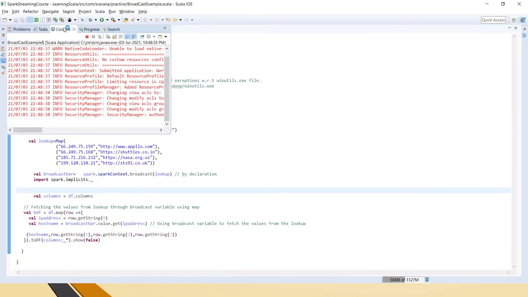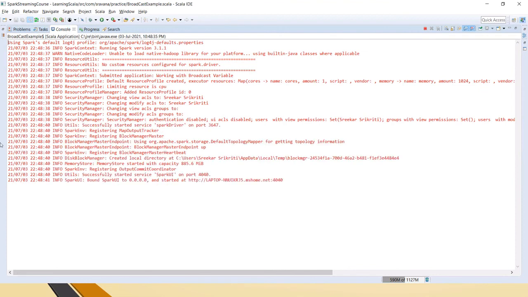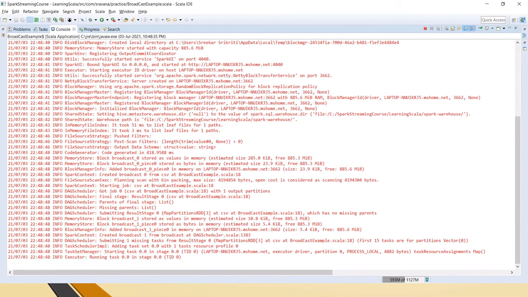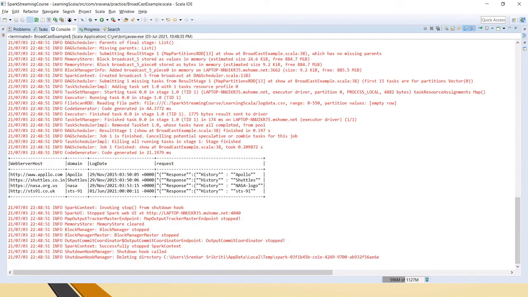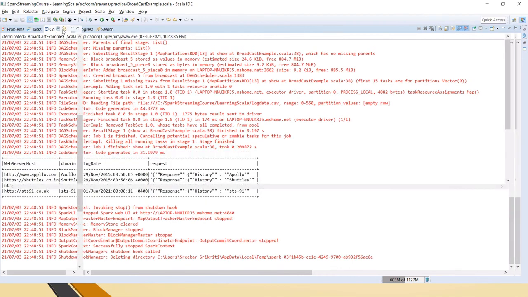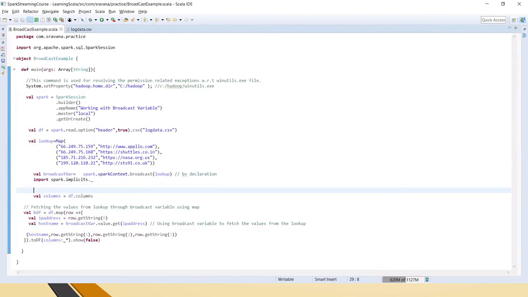So this is the input, right, web server host and other details. Now we will see what the output is. See friends, under the web server host you can see that the IP address is not there at all, and it is replaced by the HTTP value we mentioned in the map, and the rest of the columns are fine. So this is the way we can have a lookup and broadcast it in the Spark job. You can use unpersist for releasing the memory, and use destroy for deleting permanently.